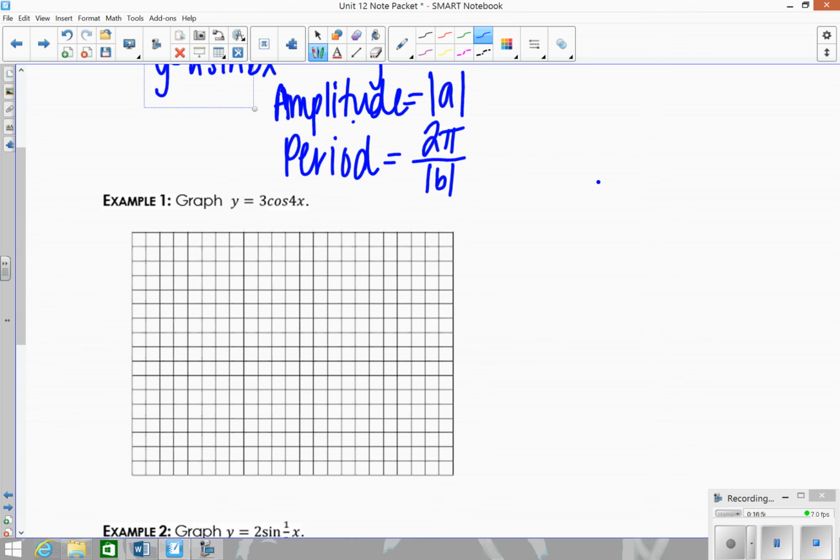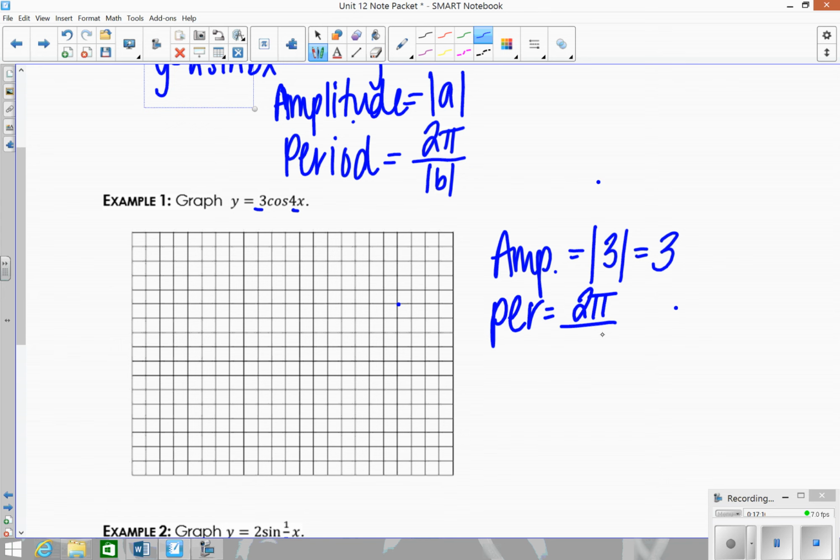So now notice that there's two numbers involved. So the amplitude for this is going to be the absolute value of whatever the number in front of cosine is, which is 3. So the absolute value of 3 is 3. And then the period for this is going to be 2 pi over the absolute value of b, which is 4. So that means it's going to take 2 pi divided by 4,